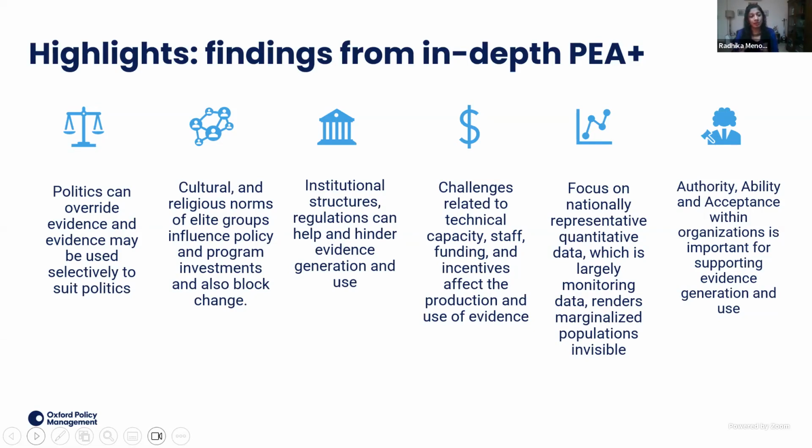Similarly, child labor was not high priority in Pakistan because it had the support of elites. But a lot of interesting information on institutional structures and how that works. So an M&E directorate, which is under the Office of the Prime Minister, is far more powerful in generating and using evidence than a separate ministry that doesn't have that authorization from the Prime Minister, as was the case in Ghana, for example. But then I think the organizational lens was really helpful to get a sense of what are